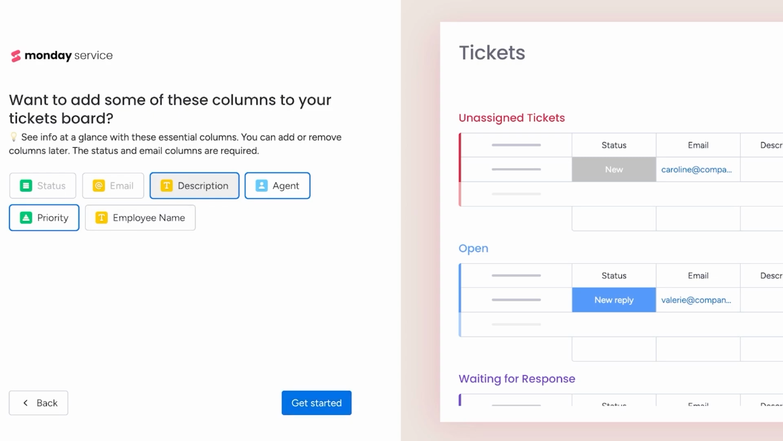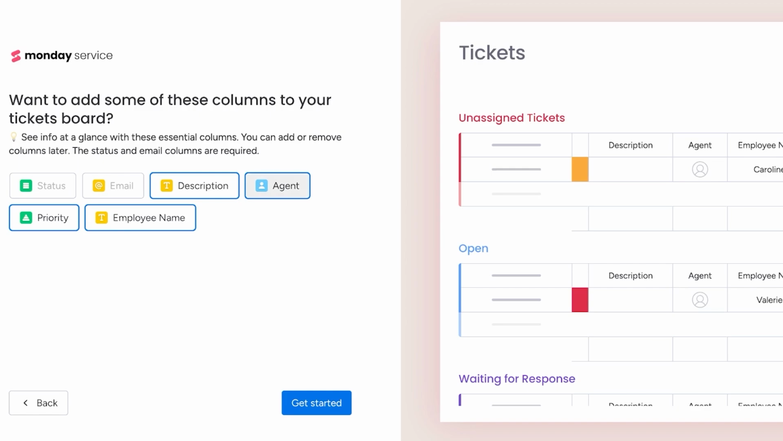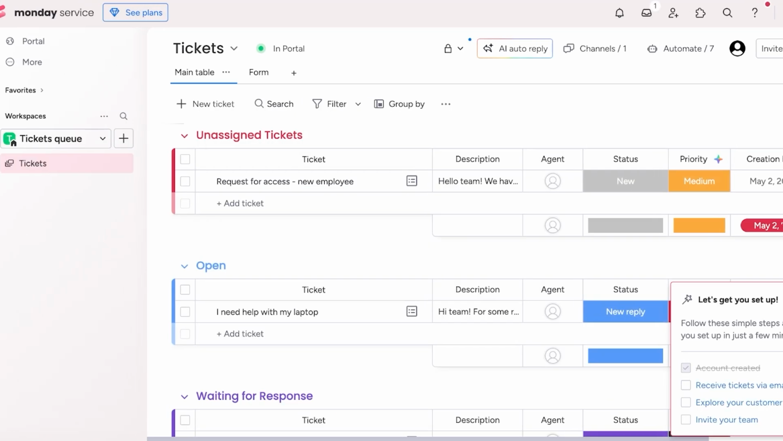Now after that, you're going to add what columns you want to label your tickets with. So you have status and email, which is added by default. You can choose if you want to add a description, if you want to add the relevant agent, if you want to add priority, as well as employee name. Now agent and employee name are just going to be the same thing. So I'm only going to add agent and priority and descriptions. Then click on get started. Once you do that, some of the basics of your dashboard have now been set up and you can proceed